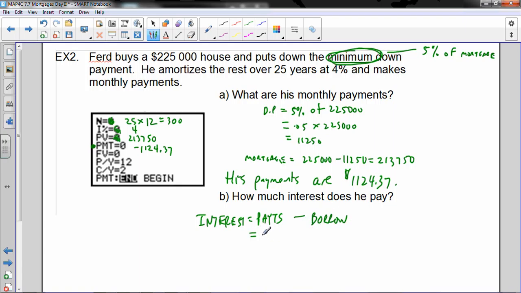So payments were 300 payments of $1,124.37. Subtract the amount he borrowed, which is $213,000 and change, and I put that into all together, and yeah, you kind of cringe when you see this number. $125,000 worth of interest. And of course,